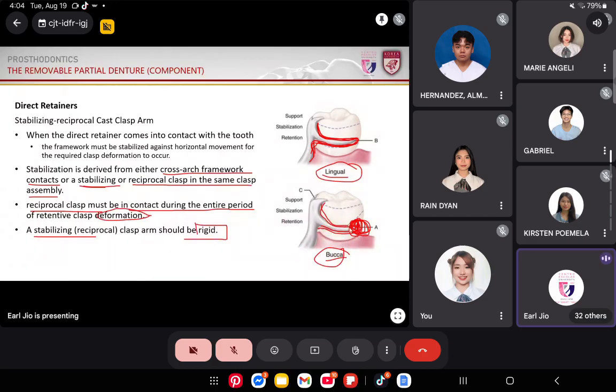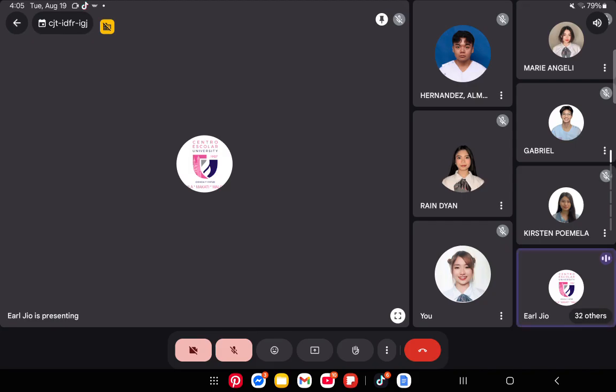When it activates, there should be something to counteract that action, because if there is no reciprocal arm, there would be harm to our abutment tooth. Okay? Imagine if the retentive clasp arm pushes too much, then there could be a problem